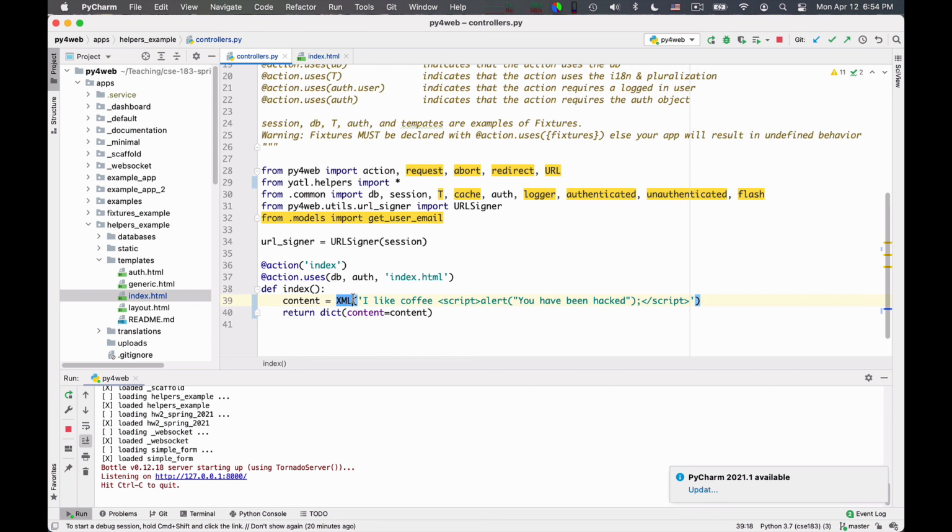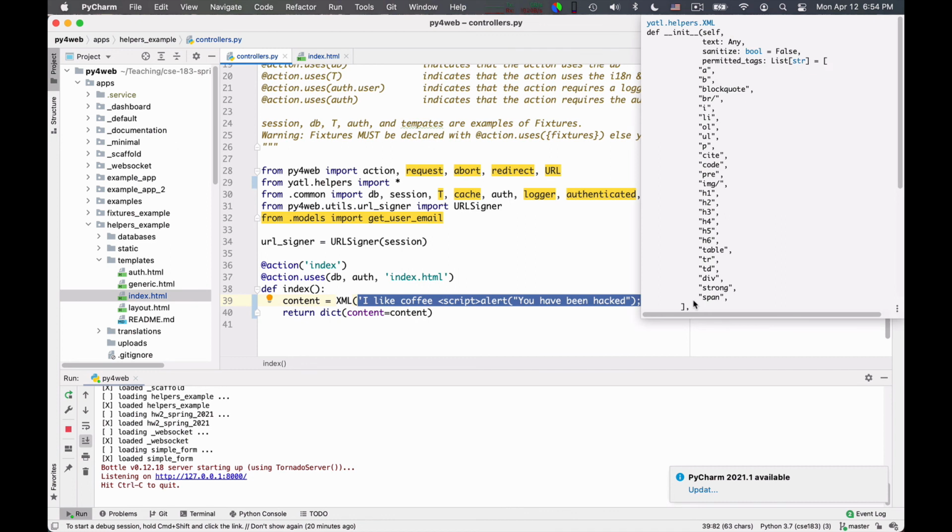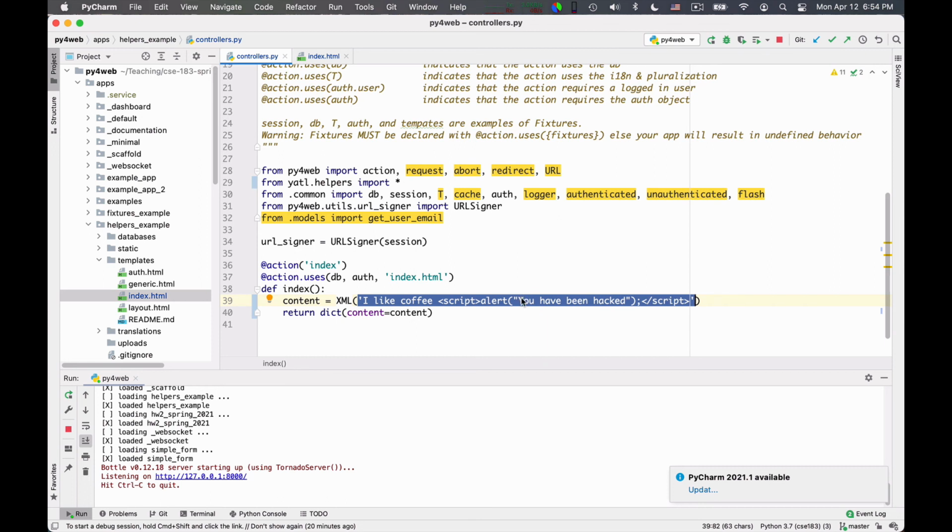You should use this construct with extreme care, because if this string is not produced statically by you, but contains anything that is user generated, the user can essentially insert appropriate HTML tags in order to subvert the working of your web page.